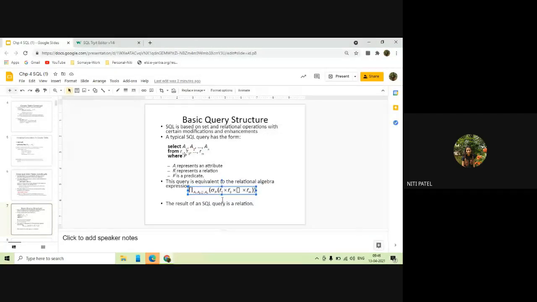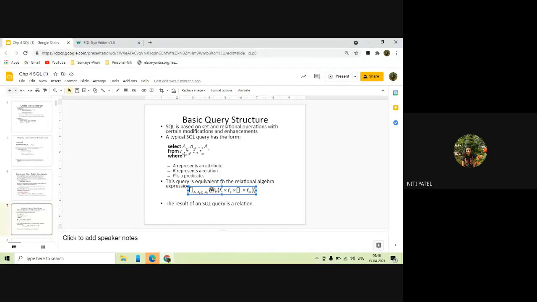Okay. So do you remember when I use select, I am going to select a particular row. When I say project, I am selecting a particular column. Do you remember all this? Yes, ma'am. So same for selection.